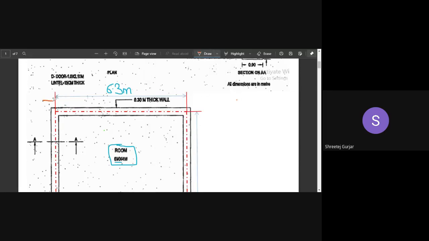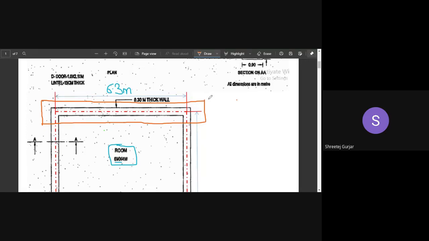Okay, so this will be your PCC bed. Suppose this is your PCC bed for your long wall. This is how you lay it. You have dug your foundation, you have dug your excavation, you are done, and you have the excavation pit ready. And what you do is lay your PCC bed.